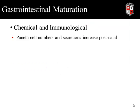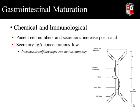Looking at the chemical immunological components, I talked about those Paneth cells at the bottom of the crypt. They produce lots of antimicrobial factors. What you see is Paneth cell numbers and secretions increase postnatal. Okay, this data is from rodents, not from calves. This data doesn't exist in calves that I know of. Secretory IgA concentrations are low. Okay? Point is,